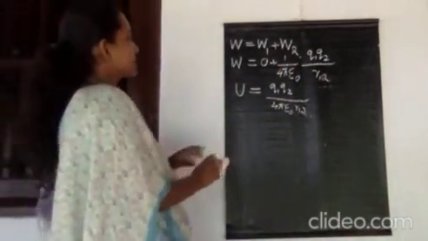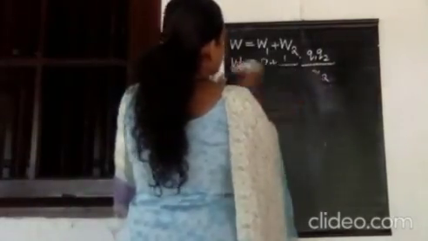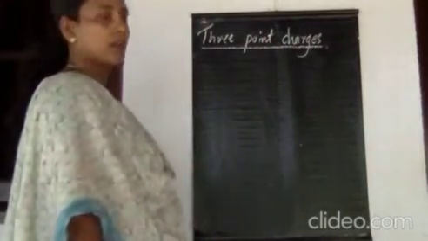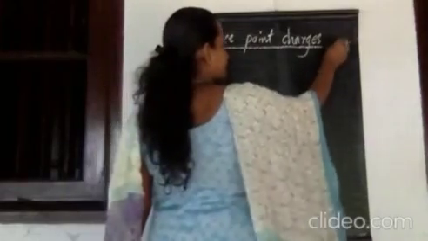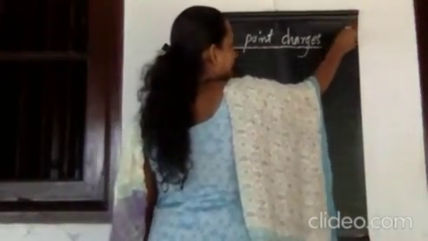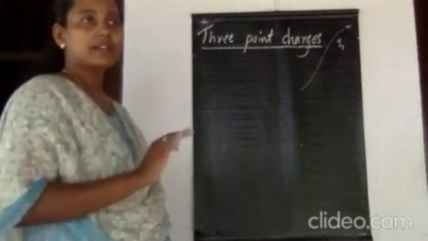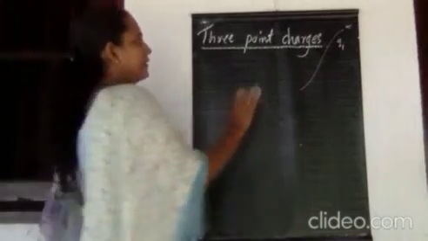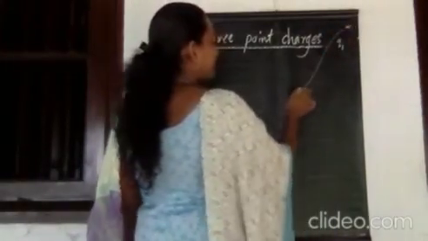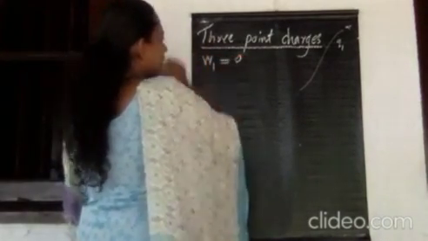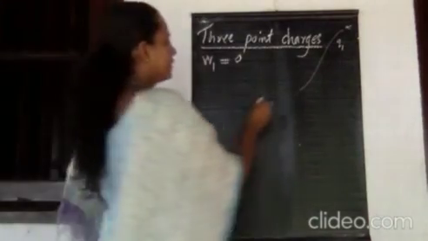So next, for a system of 3 point charges. Whenever we are considering a system of 3 point charges, first we want to bring the charge Q1 from infinity to a given point. Here we are considering there is no external field. So whenever this charge Q1 comes from infinity to a given point, the work done W1 is equivalent to 0. Q1 charge will reach here.